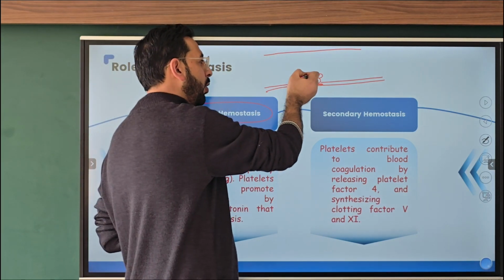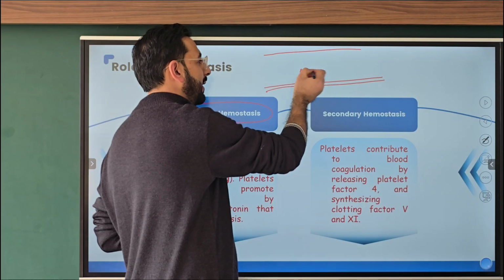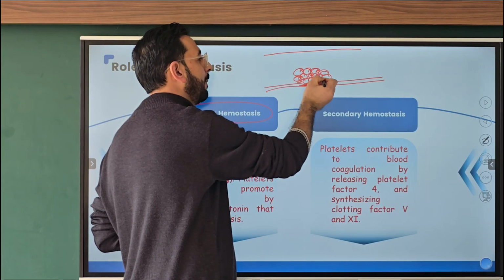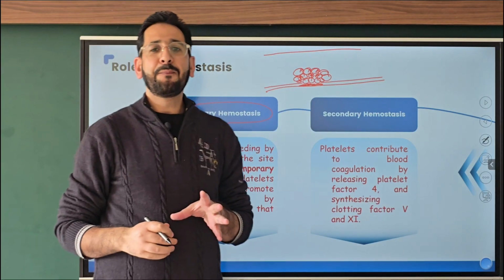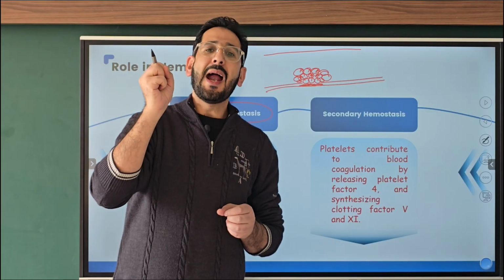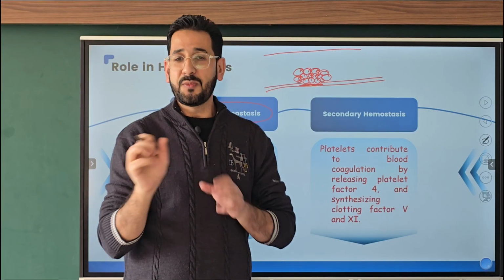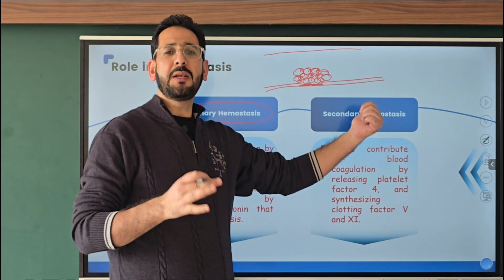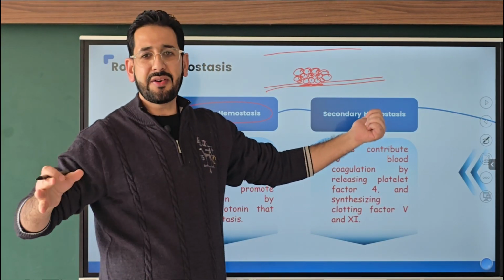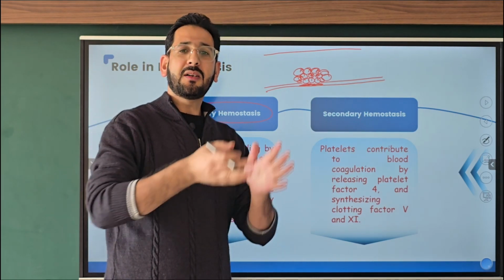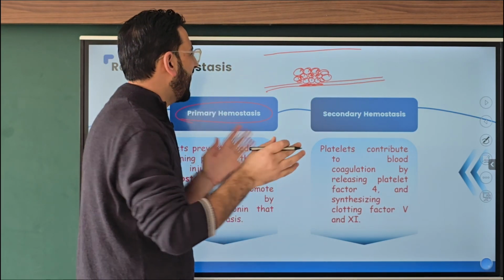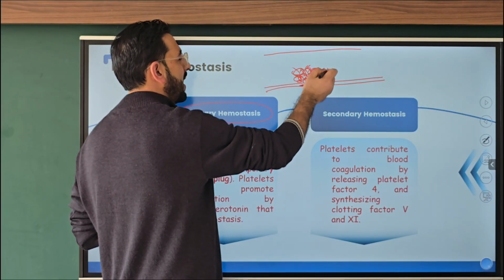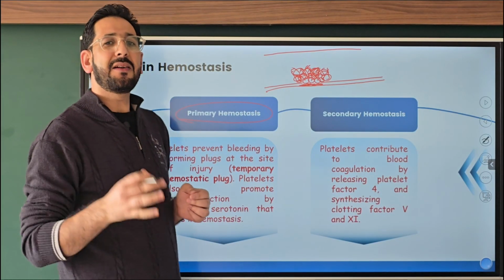And then more and more platelets will be called by these platelets, and this process will go on, and a clump of platelets will be formed, and that is called the primary hemostatic plug. This is not a clot yet. Okay, the clot is the secondary hemostatic plug. There will be all that cascade reaction, and the end result of that will be converting the fibrinogen into fibrin. Then that fibrin will come and make a network here on these platelets, and now it will become a clot. That is called secondary hemostasis.